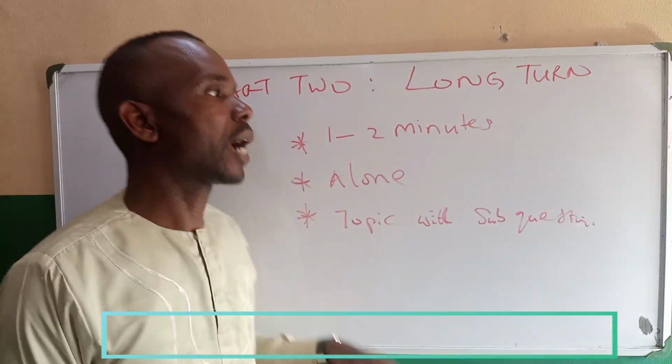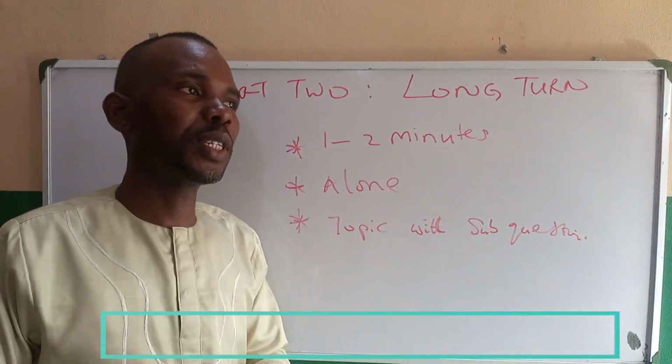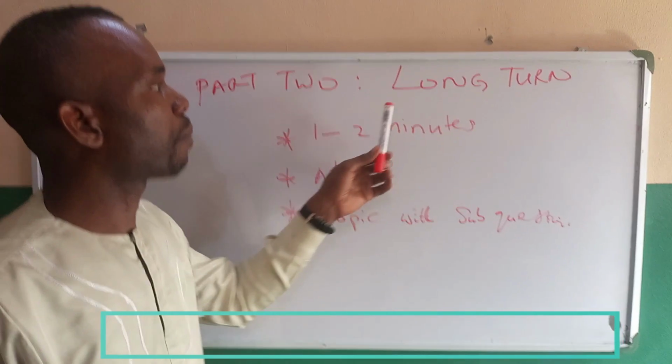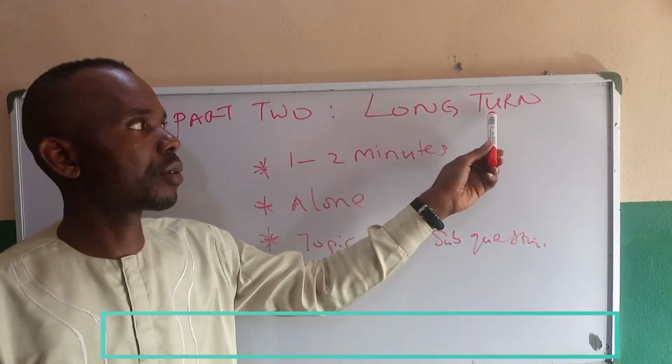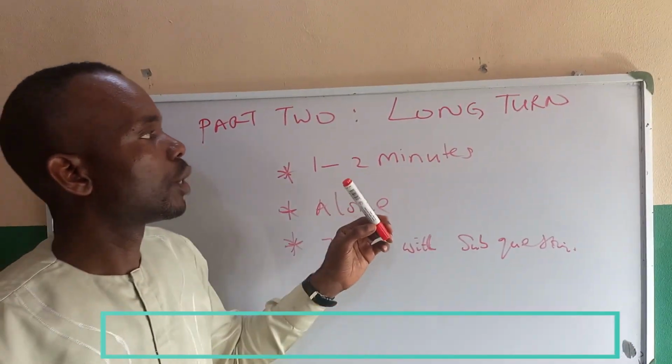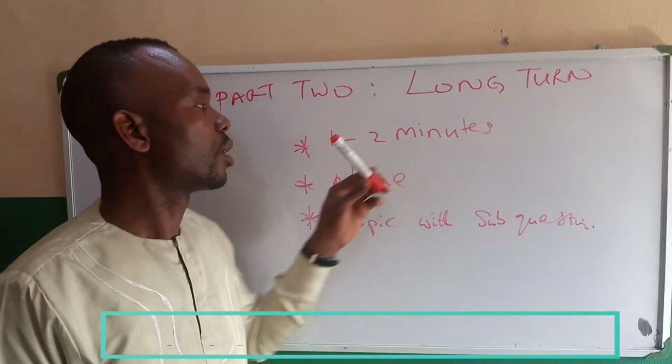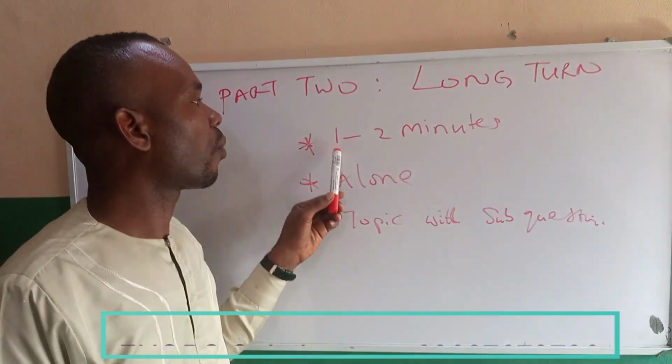This is part 2 of the IELTS speaking test. We just finished part 1, so this is part 2. Part 2 is called the long turn, and in part 2 you will have to speak for 1 to 2